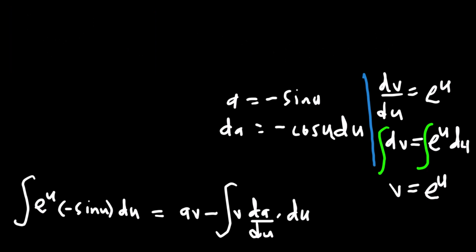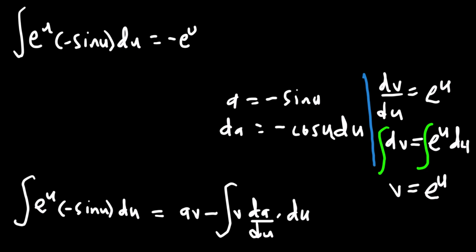This will give us the integral of e to the power of u times negative sine u du equaling A, which is negative sine u, times v, which is e to the power of u. So this will be negative e to the power of u sine u, and then minus the integral of v, which is e to the power of u, times